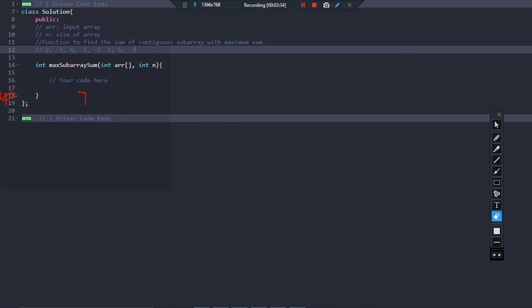Fine. So let us consider an example. The example has elements minus 2, minus 3, 4, minus 1, minus 2, 1, 5 and minus 3.